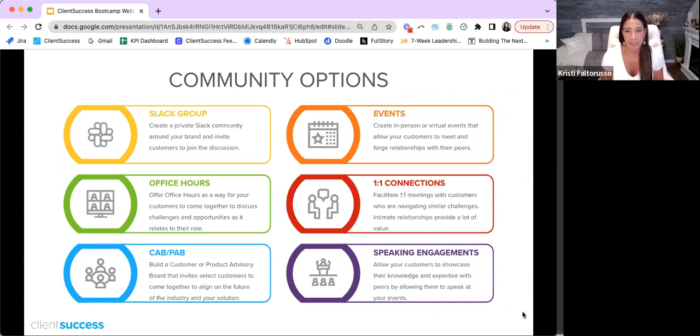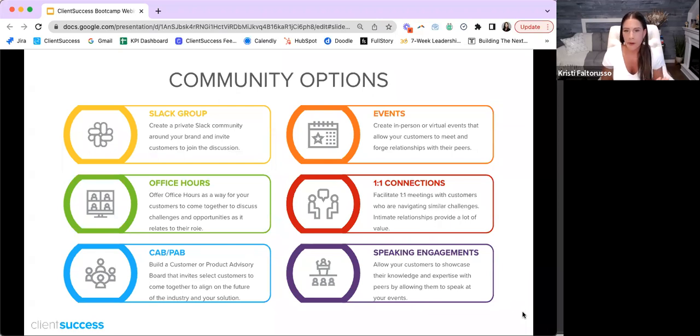Now, you can replicate that by doing the same thing with your own community, right? How do you bring folks together and maybe have, if it's every week, you say, here's the theme of what we're going to be talking about. You have somebody who's facilitating or moderating that conversation. You're planting seeds. You can do breakout groups, right? There's a ton of cool things that, if you're using Zoom or some other web platform, you can really make it interactive and engaging, but be clear on what the objective is and how to participate actively in it. So office hours is another really great avenue to leverage if you want to bring your community together.